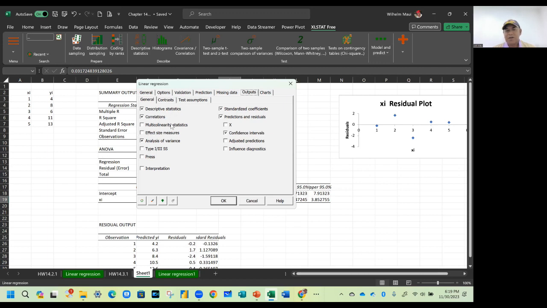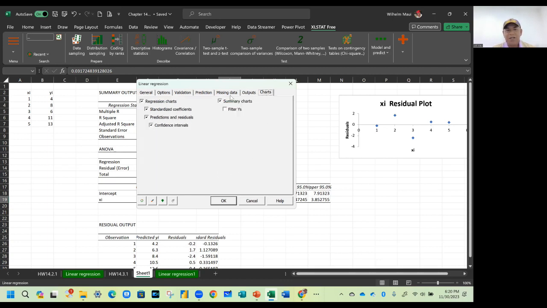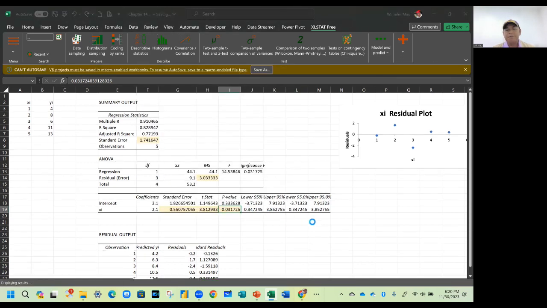Oh, here's my ANOVA here. And then my correlations. Okay, they give me that. Your analysis of variance, give me your standardized coefficients. Let's compute those so that when you later study that portion of the text, you can refer back to them. And then your charts, you can also do the standardized coefficient and so on. No? Okay, so if we click OK,